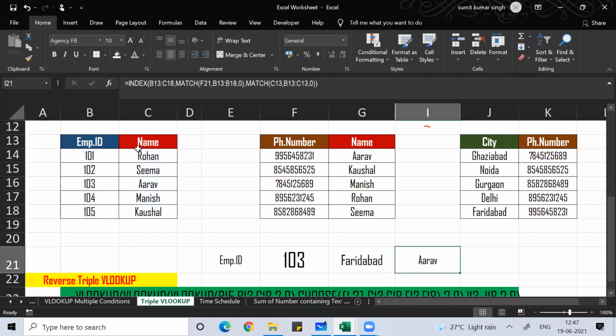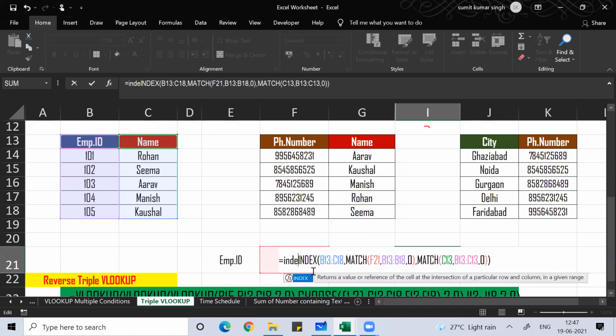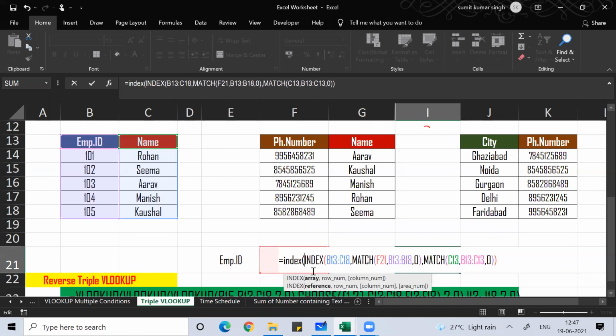Once you get the name, again you want to use the INDEX function. The array here means, from the name you want the phone number, right? So you can select the phone number, that is your array, comma, then row number. What is your row number?